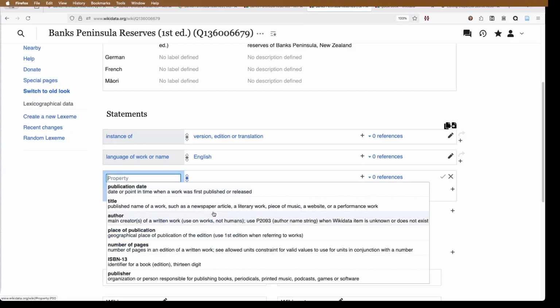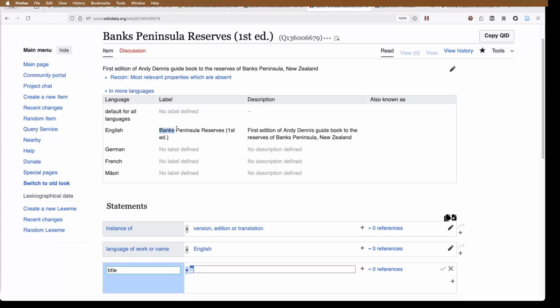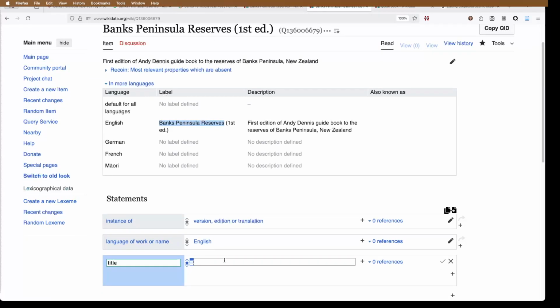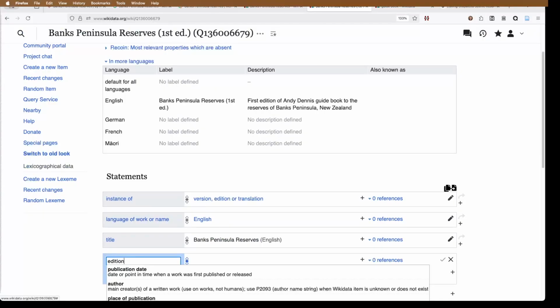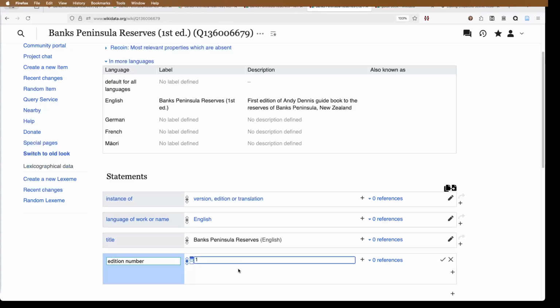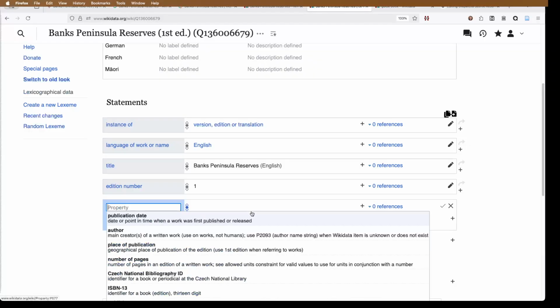We put the title in. Some of these things can be copied over from the previous Wikidata item you've created, if you know how to do that, and that can speed things up a little bit. Okay, so this is what's different. Edition number 1, and now let's link it to the previous one,